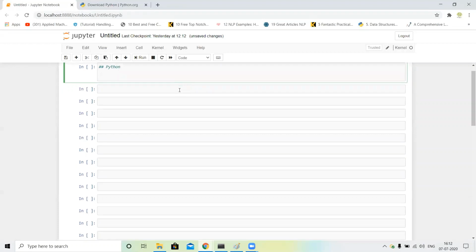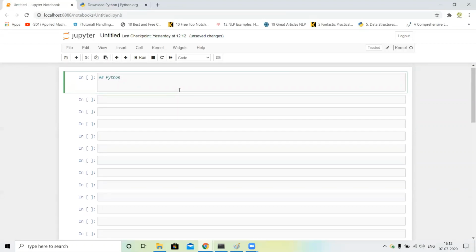So, first of all, we will write our first program. When you write hello world in Python, you need only one line of code. But when you write it in C, C++, or Java, you need 6 or 7 lines of code to print hello world. So in Python, we write only one line of code and print hello world. So let's start.